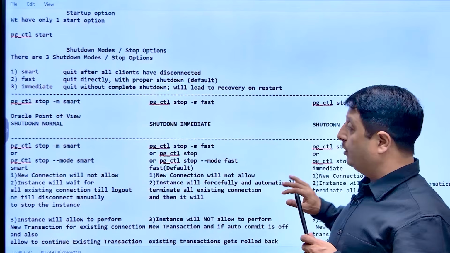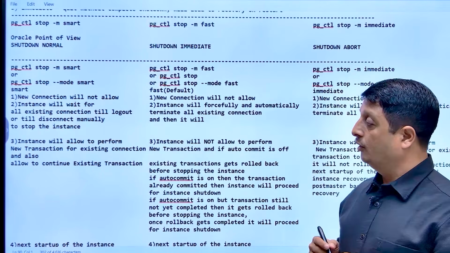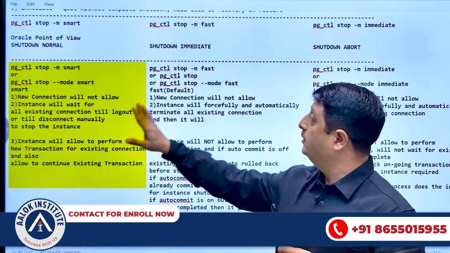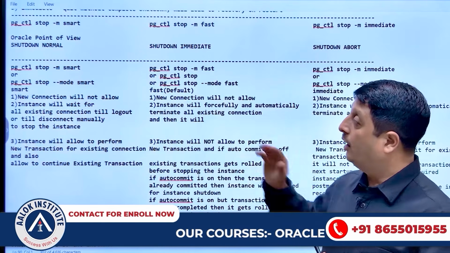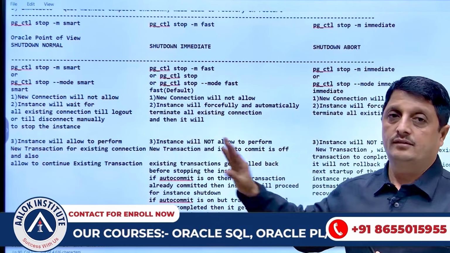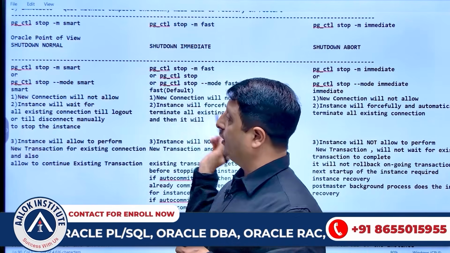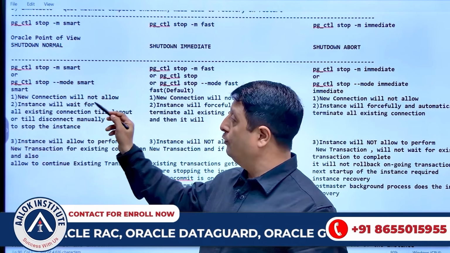Now here, as I mentioned, you will have a big difference between each. I have mentioned at least 4 points between smart, fast and immediate. How are they different from each other? In comparison, if you go with the smart option, the new connection will not be allowed in